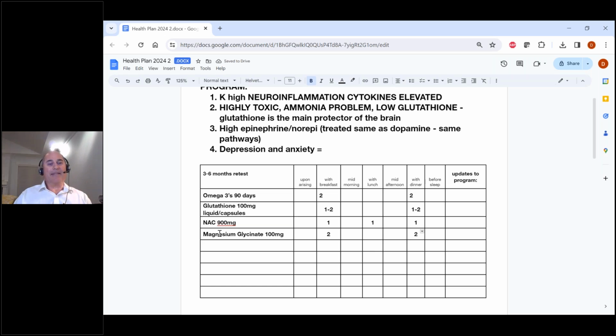Okay, so we got that. That should be okay. Now I'm kind of relaxed. I'm thinking, okay, we got omega-3s, anti-inflammatory effect. We got glutathione and NAC, magnesium to activate it. That should take care of these toxins. You want to give them some fiber or binding agent. You could do a lot more for the toxins if you want, but let's focus now on what we're going to do for the brain,